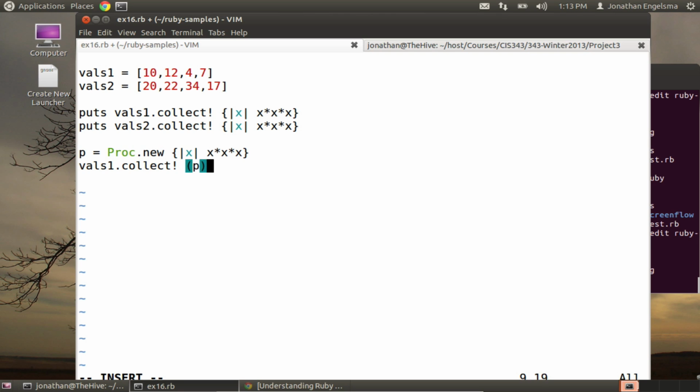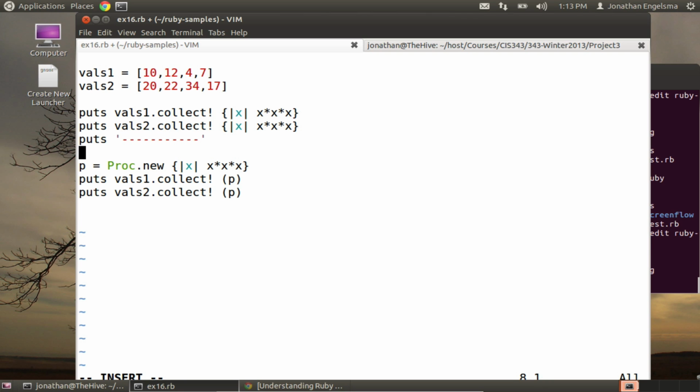And then I'll pass it in, and maybe we'll just put a little indicator here so we can actually see the difference between the output when